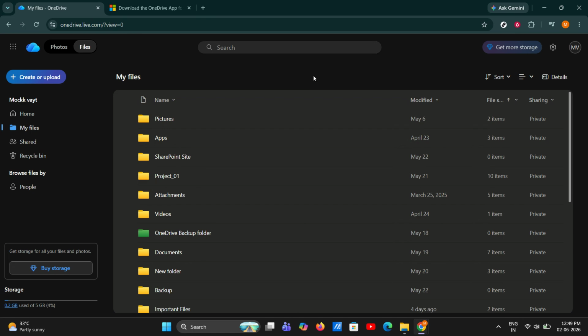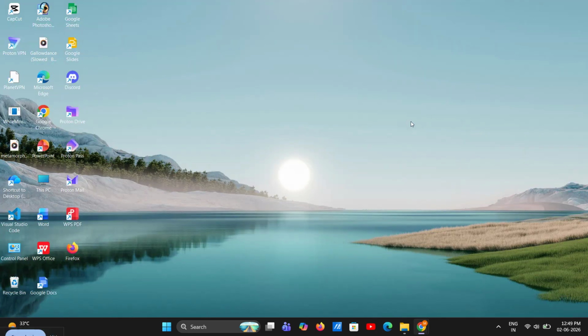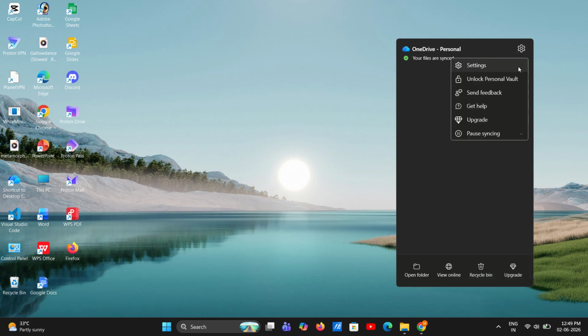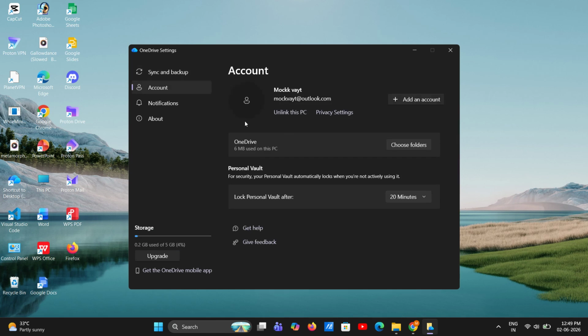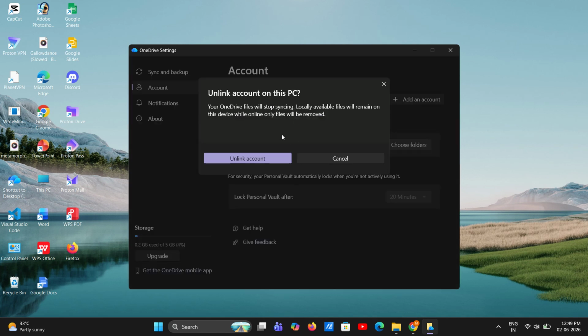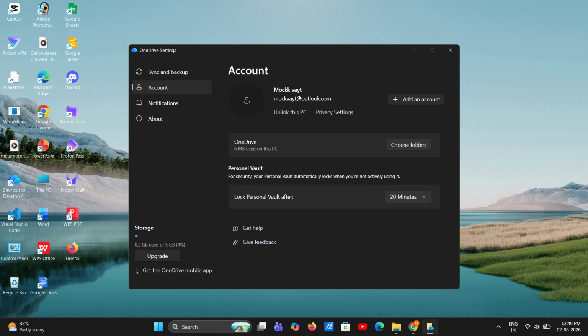Now let's try signing out and signing back in on the OneDrive app. Click the OneDrive cloud icon in your system tray. Then click the gear icon, open Settings, and go to the Account tab. From there, click Unlink this PC. This will disconnect the current OneDrive session from your computer. After that, open OneDrive again and sign in with your account one more time. This often fixes authentication issues and can clear the 53000 error if the app got stuck on a bad connection